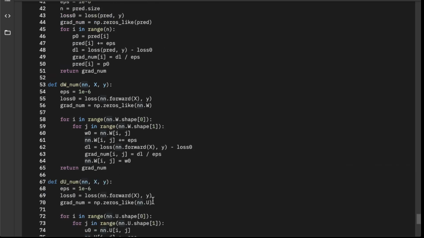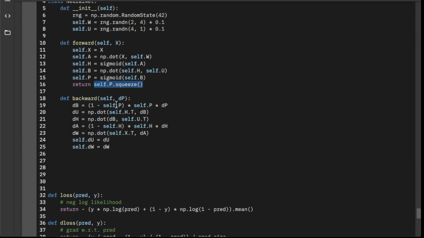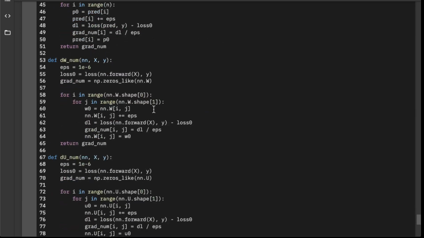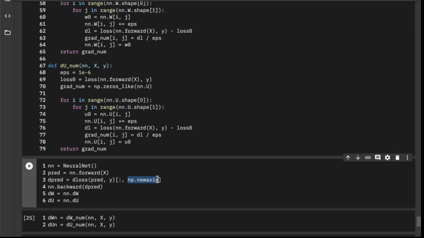And if you recall, we have squeezed the output of the network so that it is a vector rather than a two-dimensional matrix with one singular dimension. But here, to make this matrix multiplication doable, we need to convert the vector back to a two-dimensional matrix with one singular dimension, which is a very tall matrix. So we create a new axis in the matrix and populate the content of the vector into the column of the matrix, into different rows of the matrix, and each row has only one element, of course. And we perform the backpropagation using this derivative, this gradient vector,